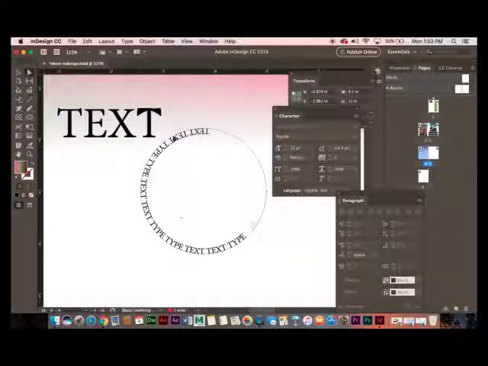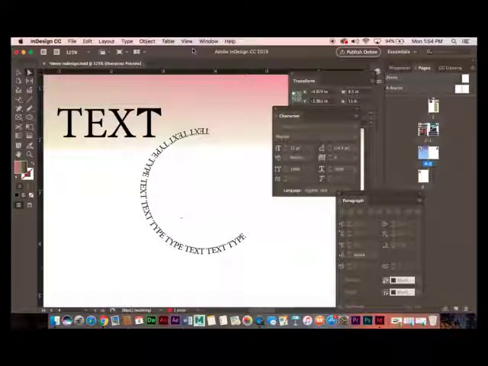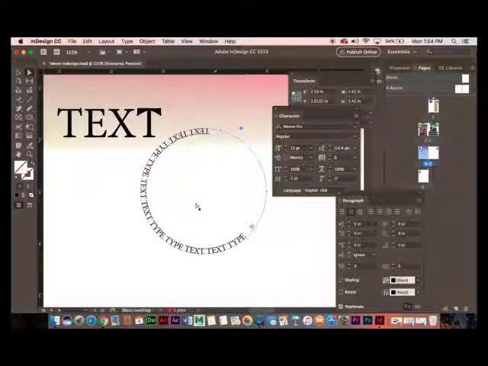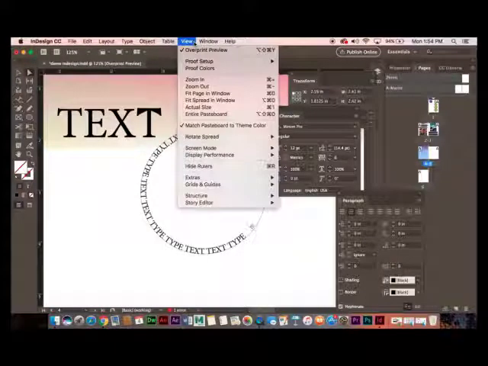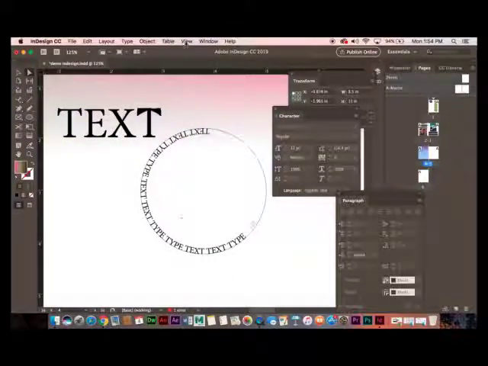And remember, these blue lines right here, they will not print. If I go up to, let's see, if we go to view, let's see, overprint view. And I click on overprint view, that goes away. So now we can actually see what's going on. When you click on it, you can still see it. So it's under view, and it was overprint preview, yeah, there you go. So you can see how it would look in the event that those blue lines